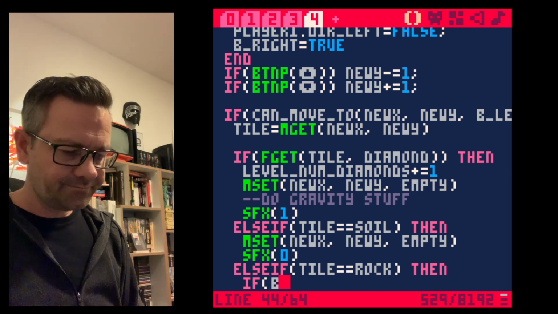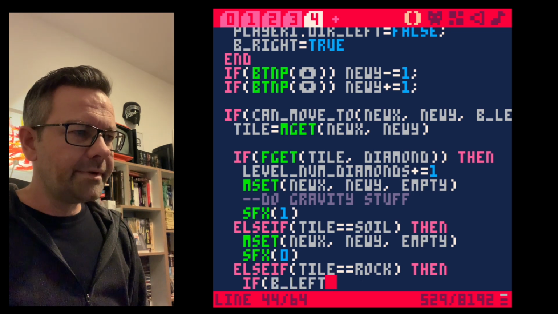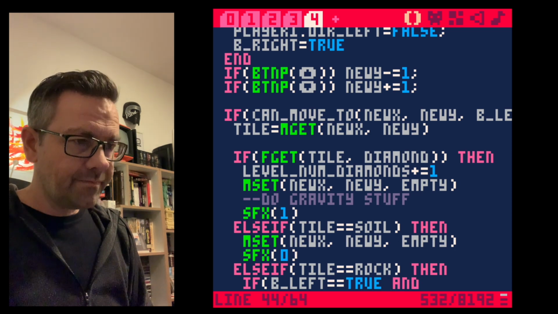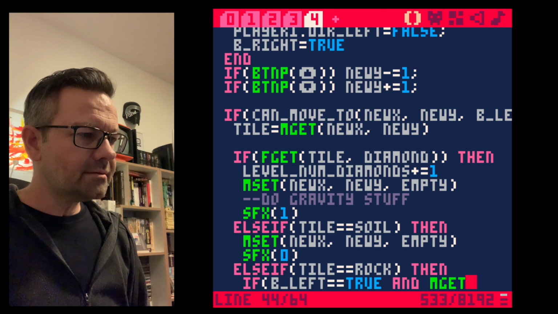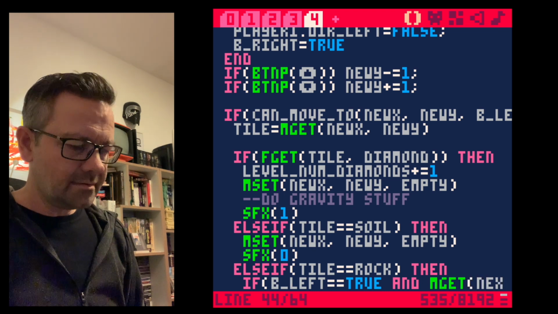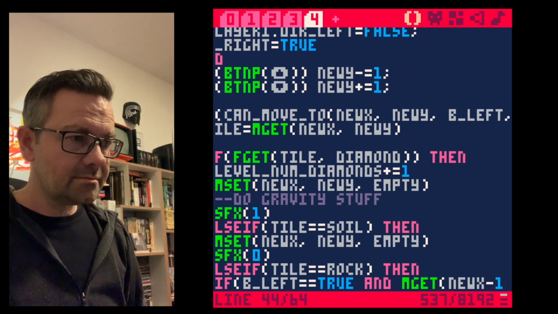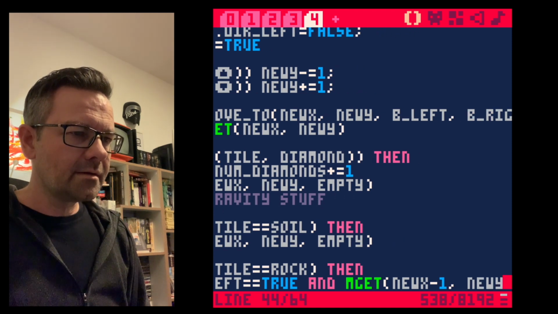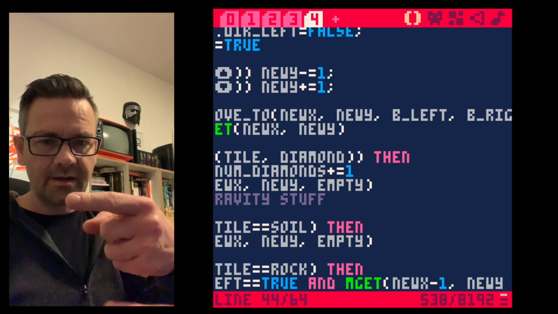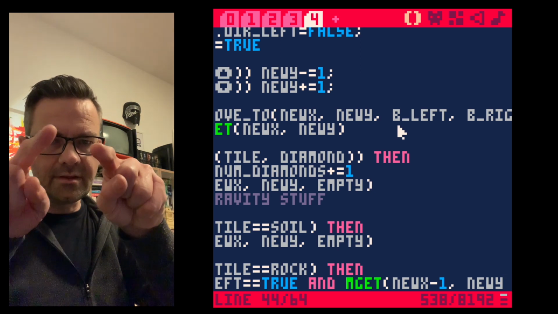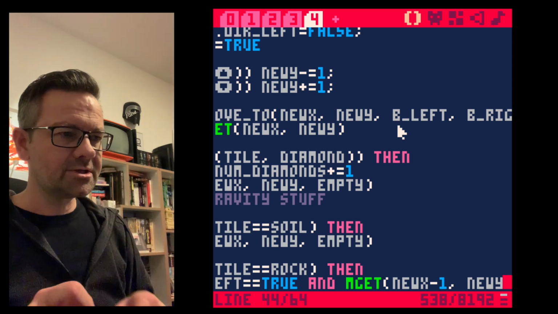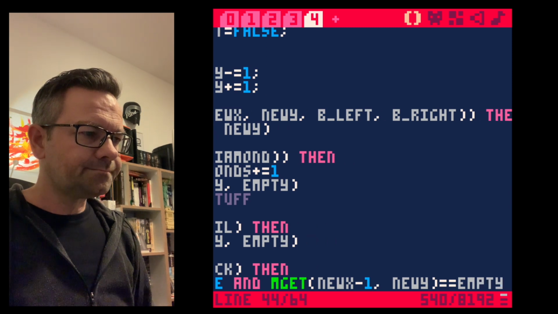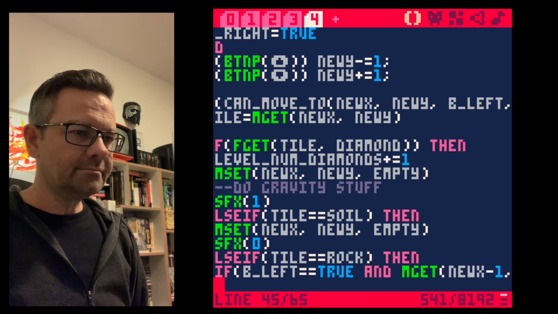So if button left is pressed and mget new x minus 1, so we want to go to the left, and if here's a rock and the position next to the rock is empty, which we are checking now, equals empty, then